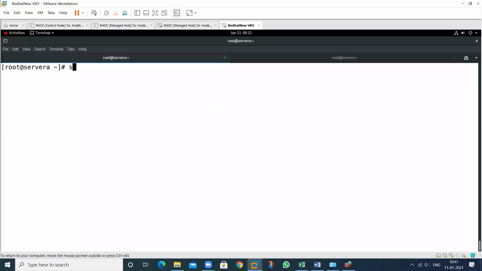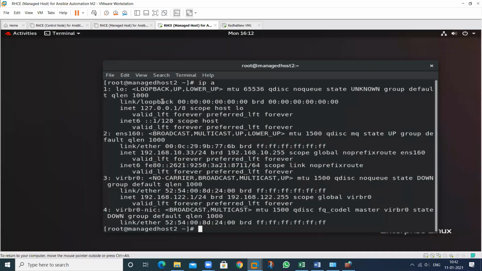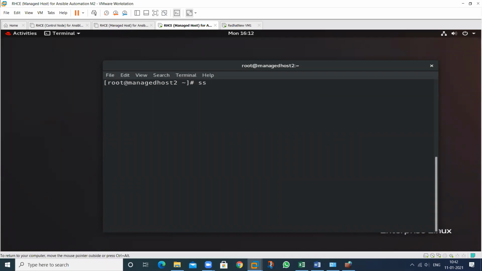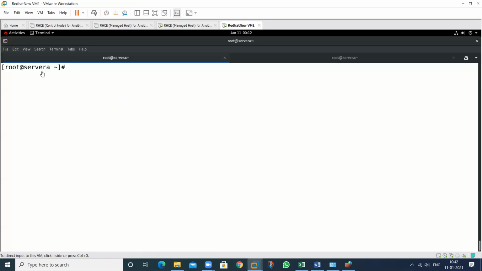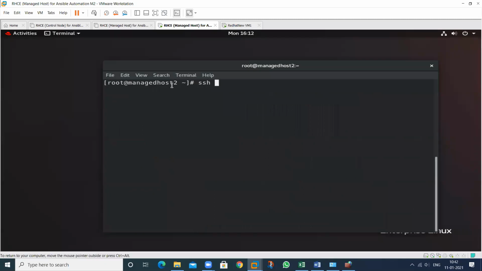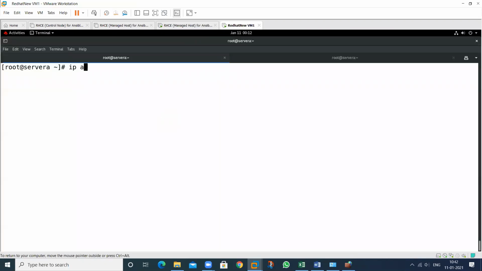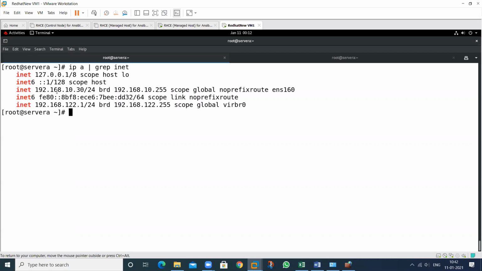Then do this one, SSH. If this machine wants to access your SSH, see this one. So username server1, okay. So root@, I'm using just the IP, 192.168.10. So the IP address of this machine, check with ip a. Check the IP address. So what is the IP of this machine? That is 10.30. See